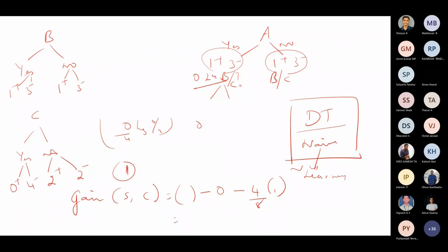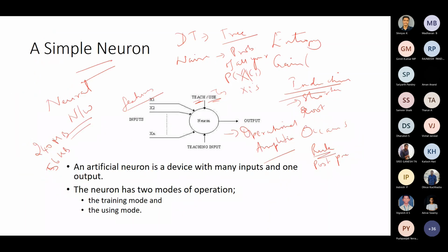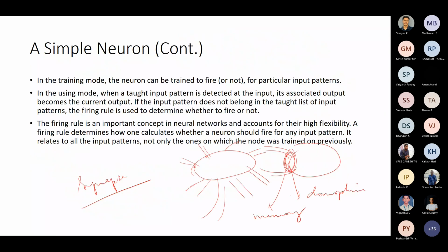So when you want to have learning to happen, then you will try to go in for the next model, which is actually the most famous one and the most used one also, which is called the neural network. So a neural network is basically a set of neurons. Okay, what is a neuron? So you probably should have remembered, people who claim that they are from biology. How many of you are from biology group here?